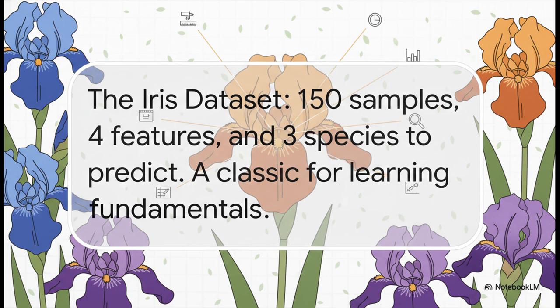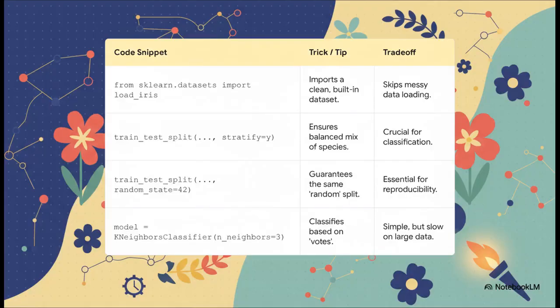To make all this real, we're going to be using the famous Iris dataset. You can think of it as the hello world of machine learning. It's simple, it's clean, and it's perfect for letting us focus on the workflow without getting bogged down. Okay, here's the code that makes it all happen. Now, look closely at the parameters we're using for